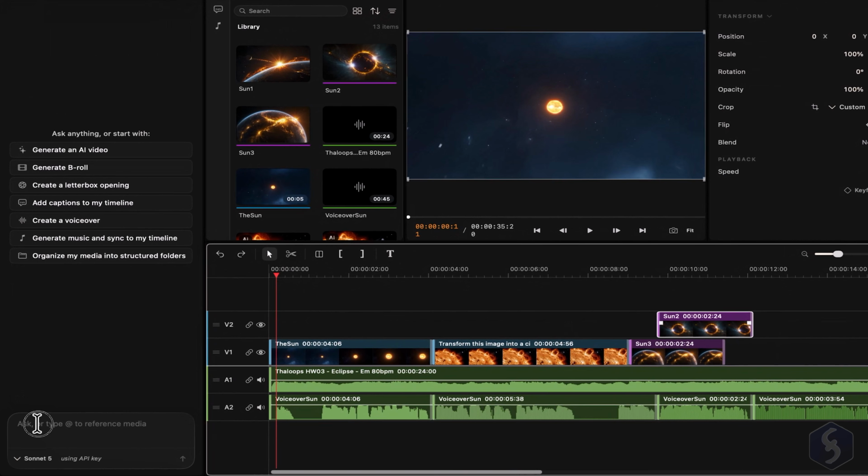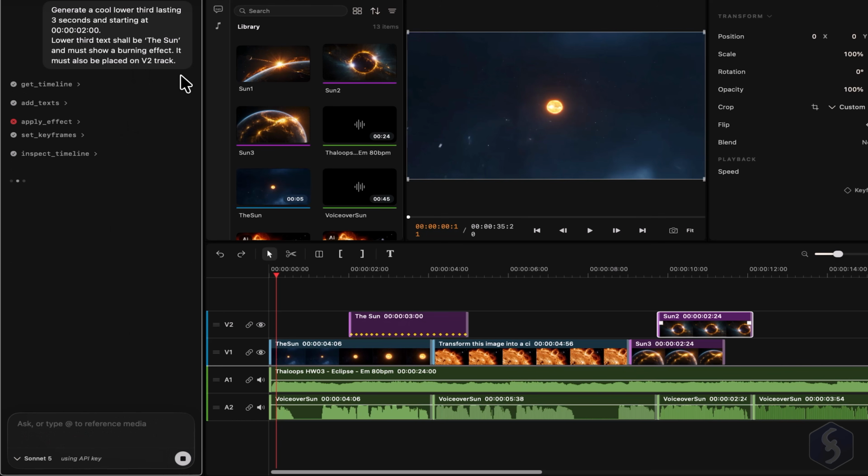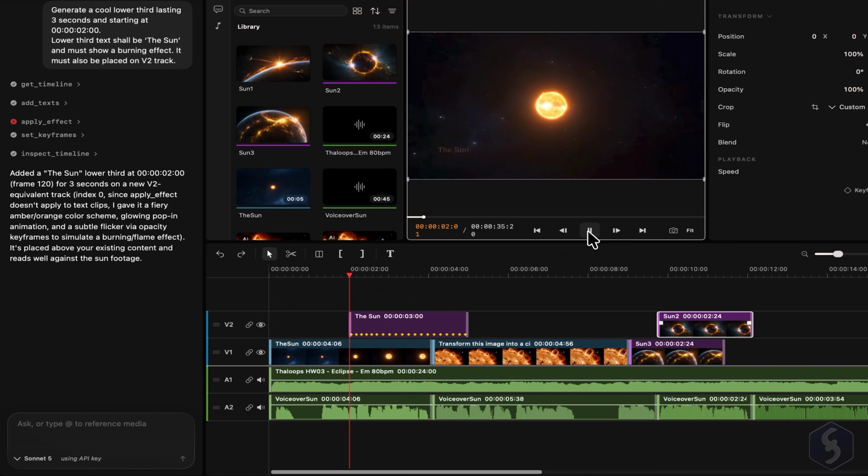How do you generate text and lower thirds with AI? For example, we can ask Sonnet to create a lower third text at the 2-second mark. Once you launch the prompt, the text clip is automatically created and